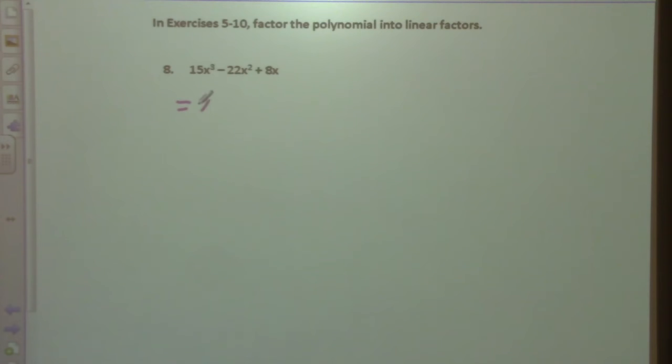She says factor out x. Okay. Then, what goes in here? 15. 15x squared minus 22x plus 8x. Okay. Is that as far as you got? As far as Elizabeth got. Okay. Well,